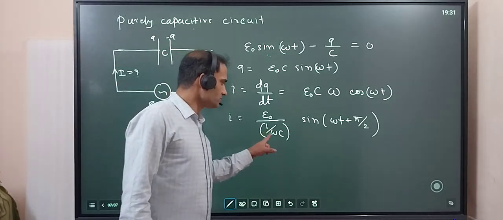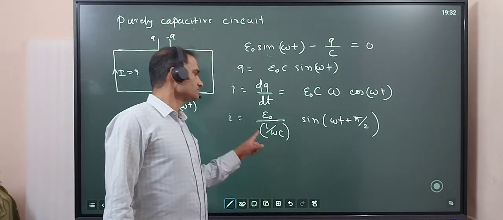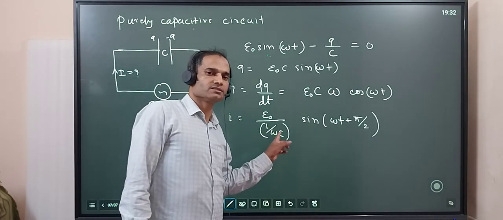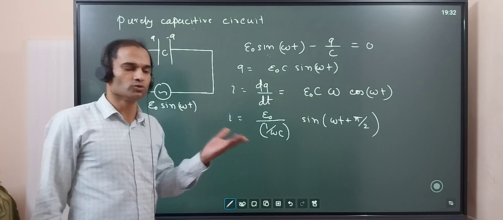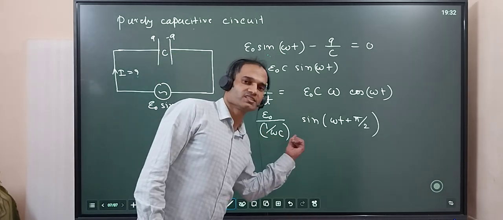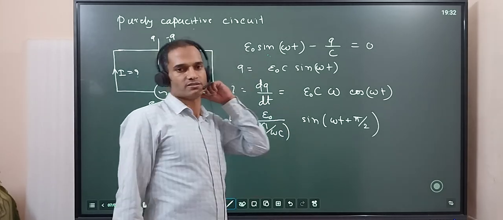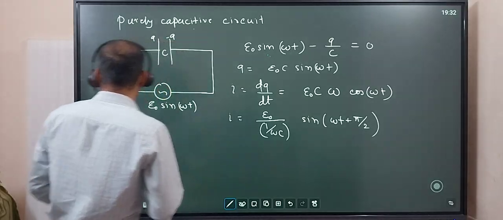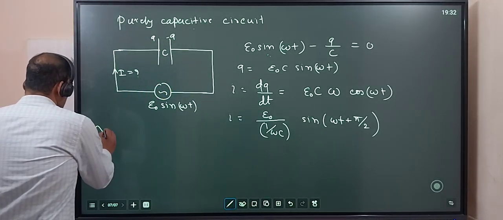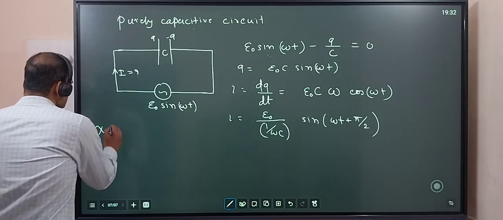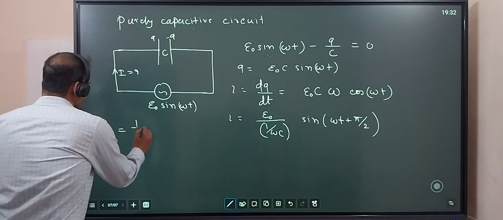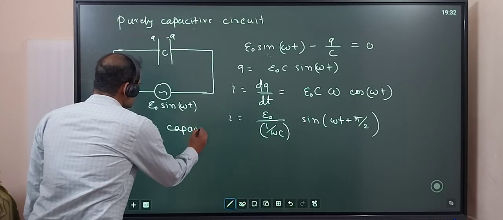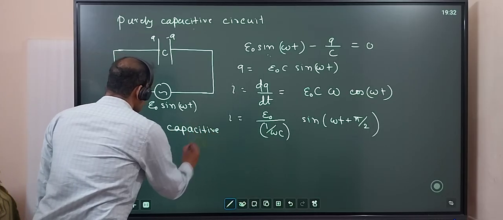And what about this part? This thing, I is equal to V by R, right? This thing has units of resistance, but it is not called resistance, it is called reactance. I will explain this thing also. So Xc is 1 by omega C, we call it capacitive reactance,